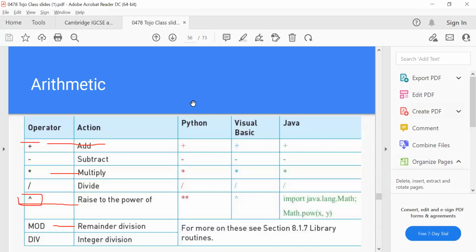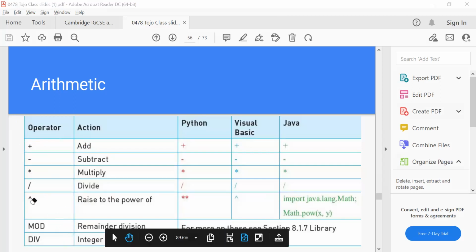Have you used that before? Yes, I have. Okay. One more thing I would like to add. Adding, subtracting, multiplying and dividing is quite easy. But except that, have you seen the power operator? Yes, I have. Okay, perfect.